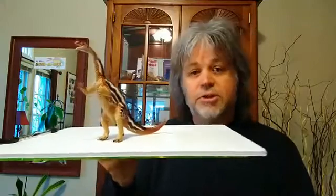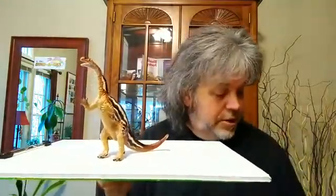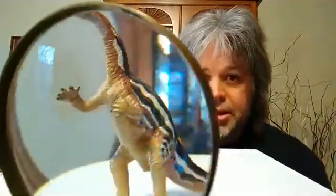You'll notice first off that Plateosaurus, at least as far as this model is concerned, moved around bipedally. Bi means two, ped means feet, moved around on 2 feet. But did it in fact do that? Well, I don't know. Let's take a closer look. Striking head. Look at those